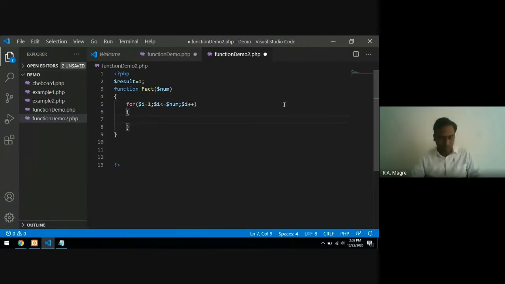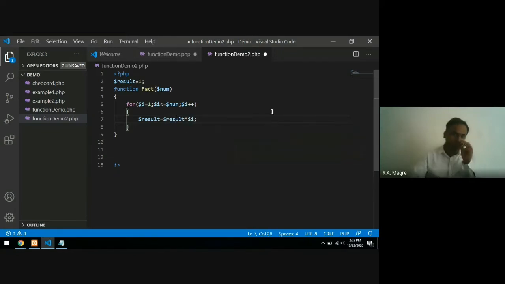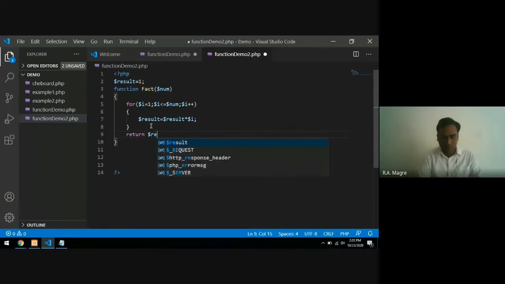And what you have to do: $result equals $result into $i. So this is the logic of the factorial function. After execution of this loop, there will be a factorial inside result, and that factorial you have to return. So return $result.